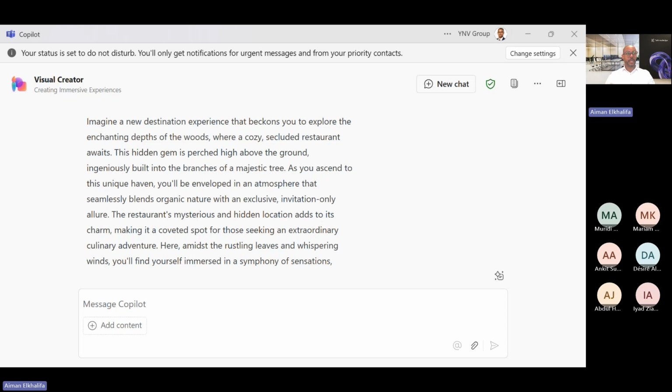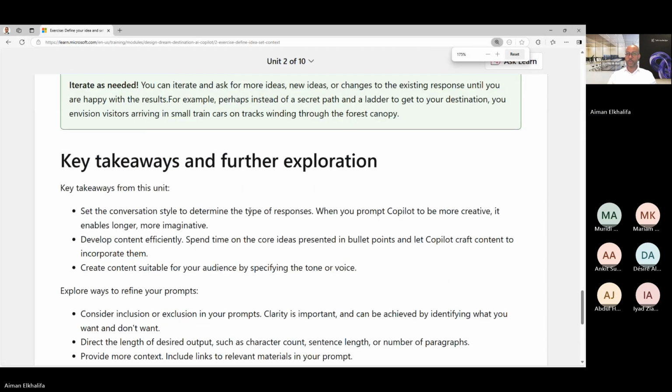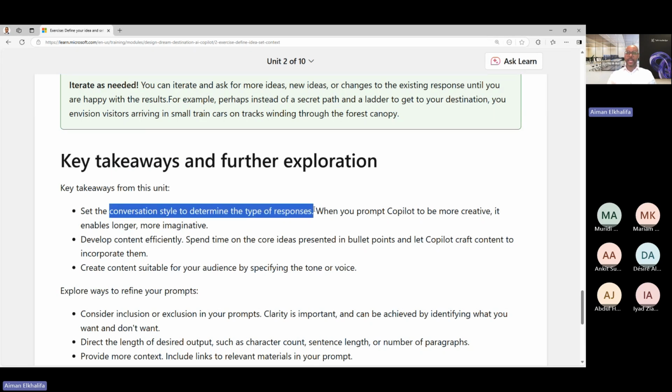So the key takeaways out of this part are as follows. You need to set the conversation style to determine the type of responses. Set the role to begin with, and then how creative do you want Copilot to be, or how factual do you want Copilot to be? If I'm designing images and menu and so on, I want it to be creative. But if I'm writing a report or analyzing numbers and so on, I want it to be factual and precise. So you need to set the conversation style,